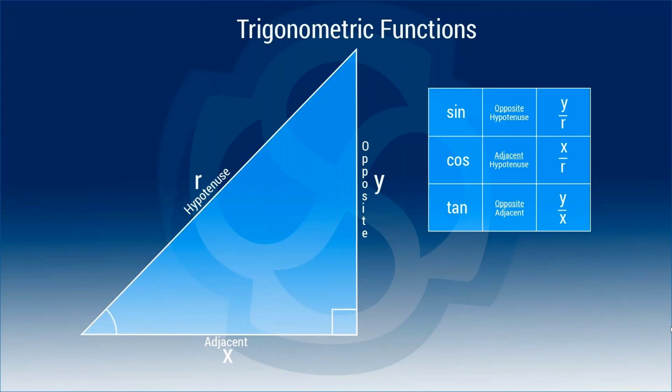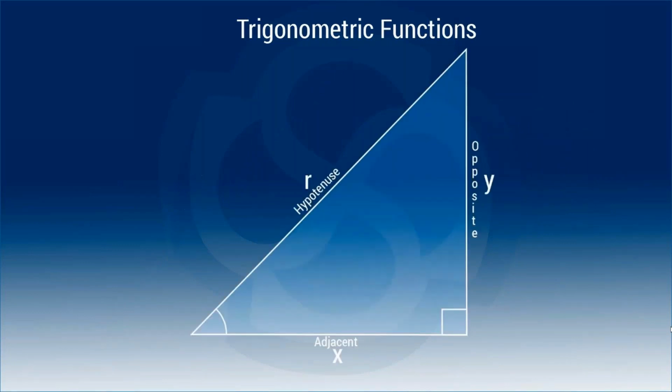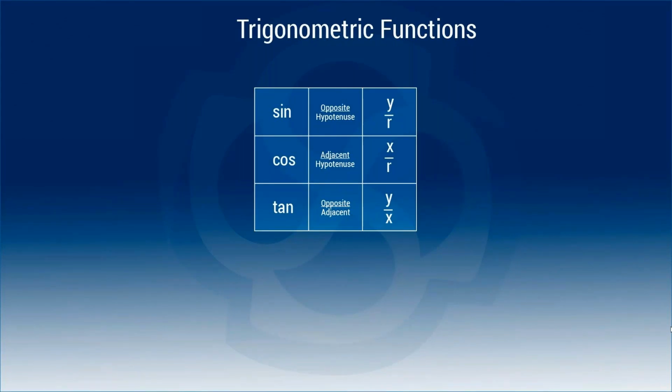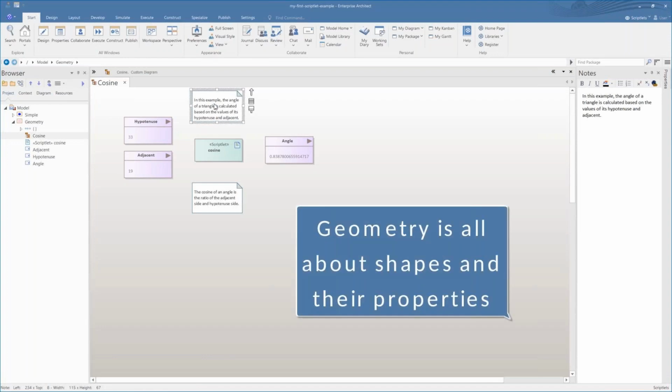So some of the things that we've talked about so far is we've looked at the JavaScript console, we've looked at how to edit JavaScript, we've looked at how to create code, we've looked at some simple command line functions, and we've also looked at how to access some of the help features. And now we're going to have a look at some trig functions. And I think I've got our cosine example on screen now.